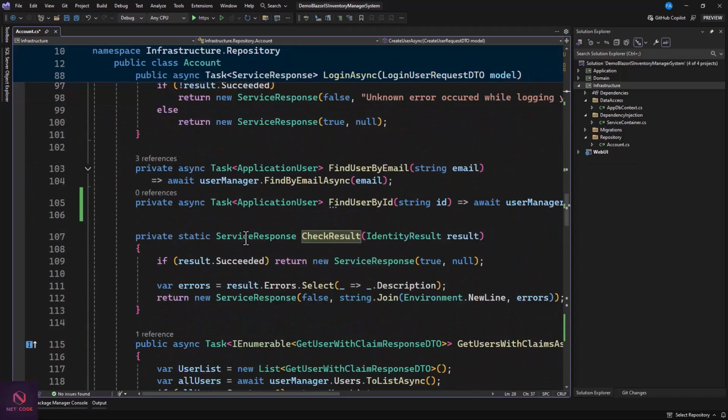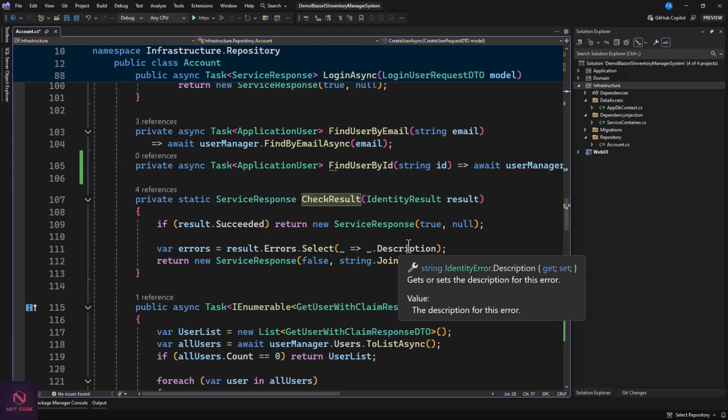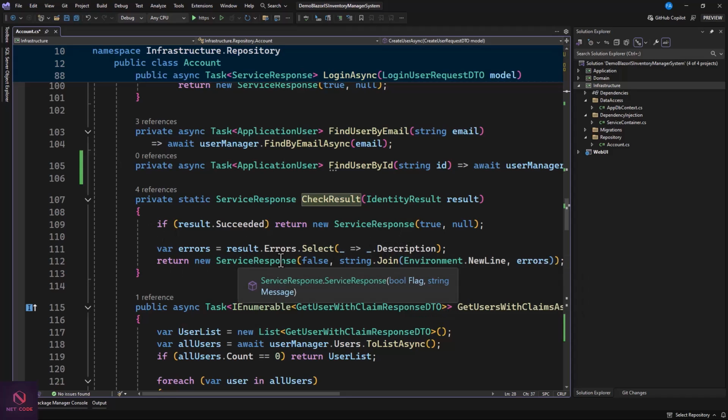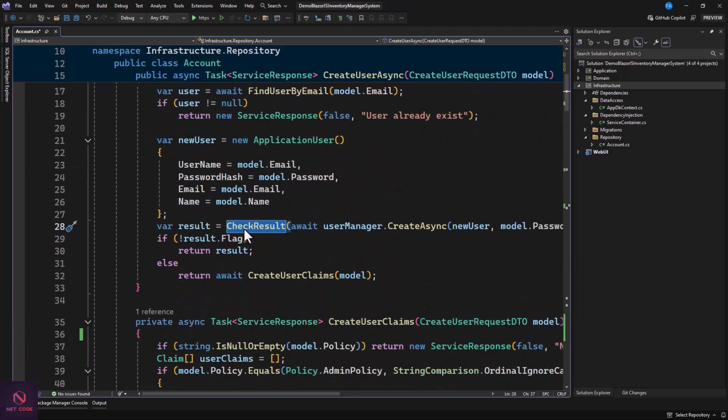Now CheckResponse is checking if it succeeds, it's going to return true. In case it isn't, you're going to select the error in there and return it in the form of a service response. So when it comes to the create, it is going to return a service response. As you can see from here, the return type is ServiceResponse. And here too, we are also returning a service response. So directly we can return it straight ahead. But in case it is not,